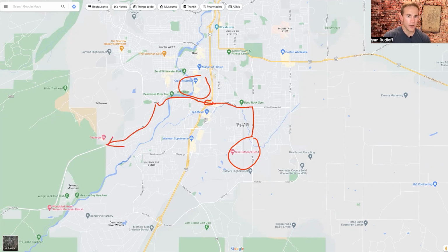This is Mount Washington Drive here, where Reed Market intersects at this roundabout, and that takes us all the way to the west side of town. Summit High School's over here, Tethro Golf Course is over here. You can see that there's easy access points to a lot of the west side features that are in Bend. And then if we were to look at the same area and just look at what's to the east, again,